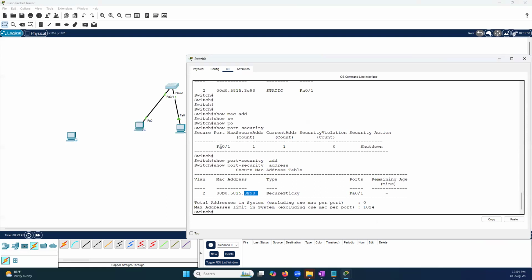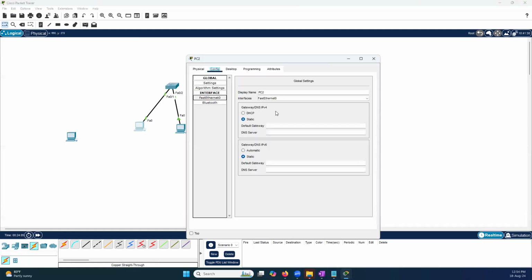So we can say the port should be shut down if it's getting a different MAC address, because right now the MAC address is different. 3E98 is the rule we have set. Okay, which MAC address is learned the first time, it will make that permitted state only. Those MAC addresses will be permitted. 3E98, right? But here the MAC address is